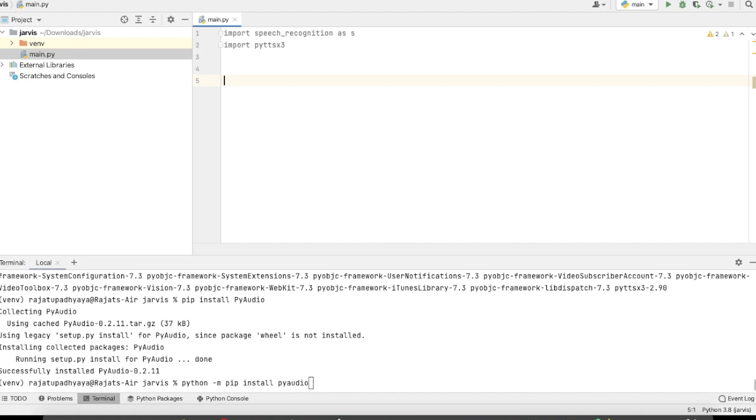Now we are going to use our microphone. Here I am using my system microphone. I will speak, the microphone takes my voice as input, and then we need to convert our voice into text. Then we will get some text, and that text we will pass into a particular function.